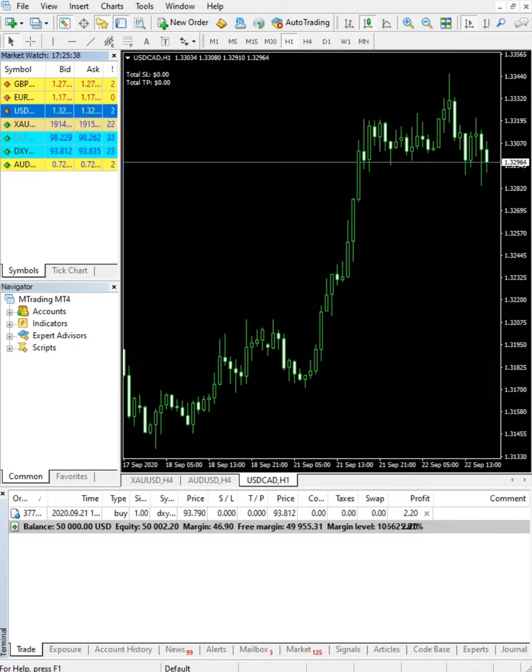So this unique MT4 plugin that we are going to talk about today is unique in a sense that it creates a value for the total SL and TP that you have applied or that you have traded in your account. So just to be more clear, we will show you how it works.